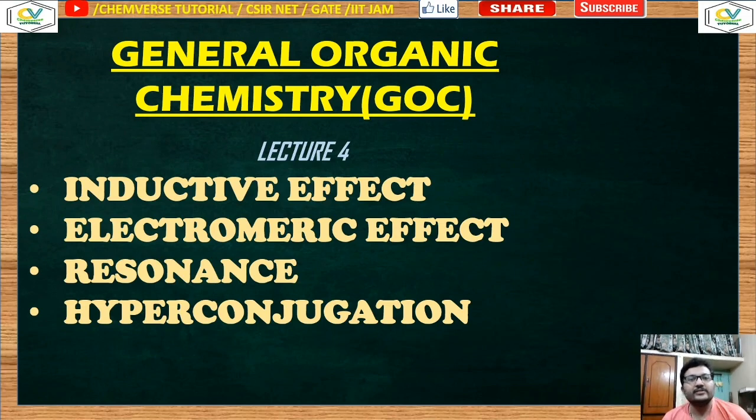This is our fourth lecture on general organic chemistry, and in this lecture we will be discussing some extremely important electronic effects. These are your inductive effect, electromeric effect, resonance and hyperconjugation. Whenever we discuss the stability of some compound, or the acidity or basicity, acidic strength, basic strength of some organic molecules, these electronic effects play a very important role. So we need to discuss them, and in this class you will know only the theory part,